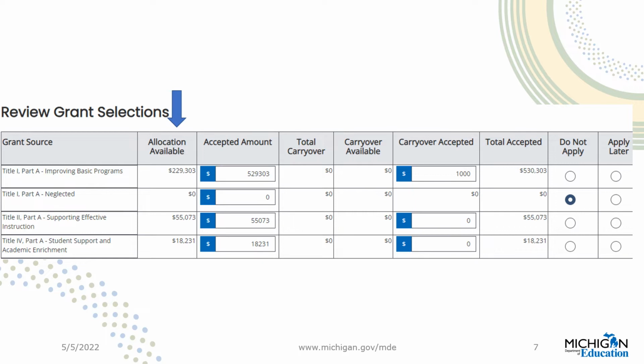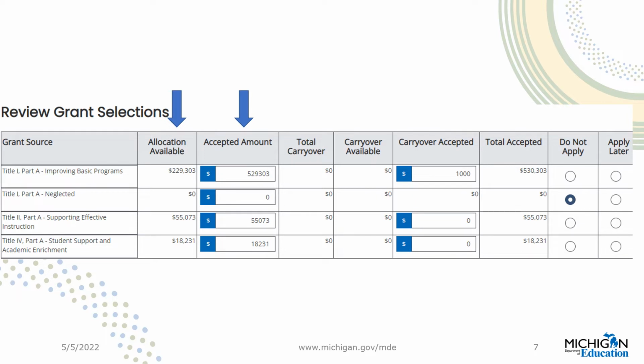accept. They will then need to indicate how much of that total availability they will be accepting. LEAs are encouraged to accept the full availability at the time they initially apply, and may go back to the screen to make adjustments when the availability amounts change if they wish to add the additional amounts to their application at that time. LEAs can also wait to make adjustments later on when they submit an amendment after the initial